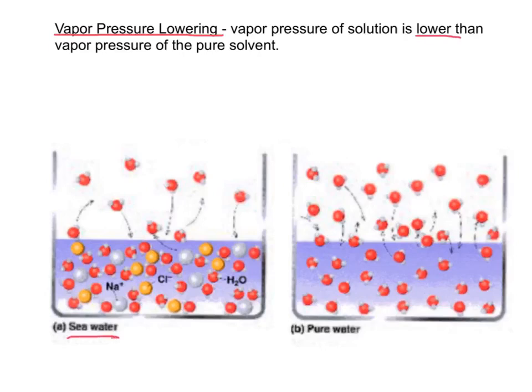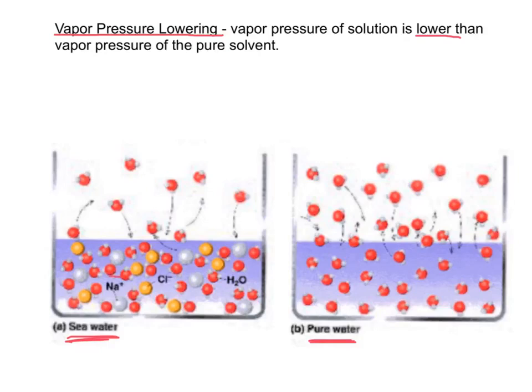So if you look here on the left, we have some salt water, and here on the right we have some pure water. If we start on the right, you'll see that all these little red dots are water molecules. Okay, the water vapor exists above the liquid, and there's quite a bit of water vapor there. And if we look at the solution, we'll notice that there's less water vapor above the solution, because what happens